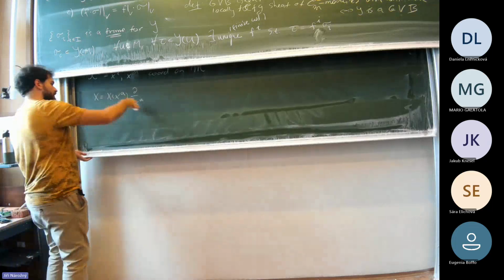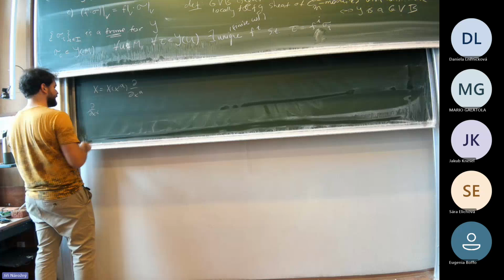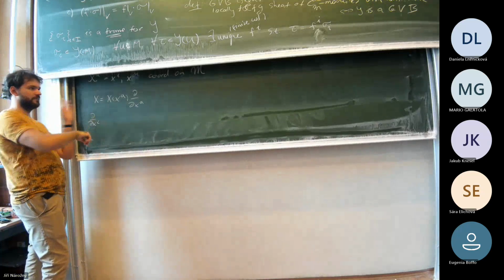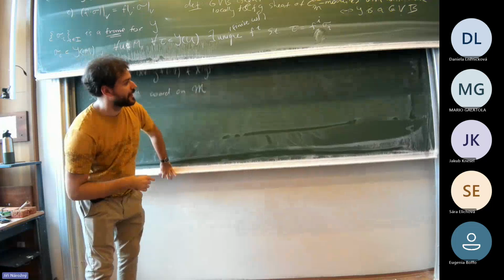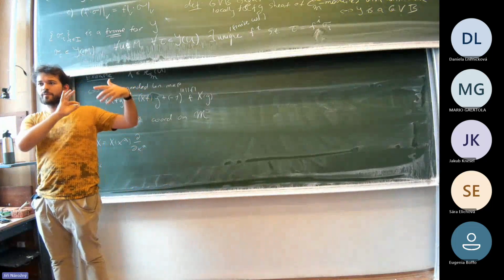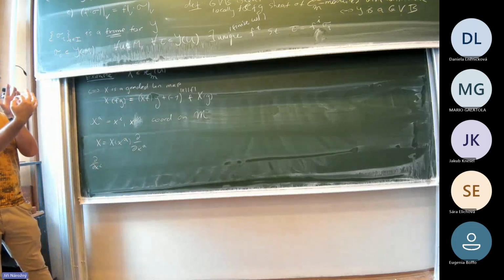For these coordinate vector fields, if you let these loose on the graded function that I erased here, but you can recall the formal power series, this just acts on the smooth function coefficients